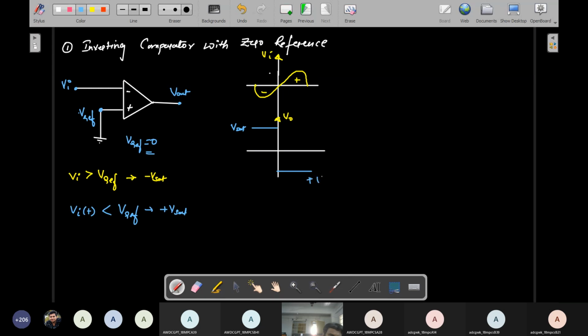Whatever positive peak you give, it goes to the positive terminal only, but due to the positive terminal and negative terminal arrangement, the positive values are always much greater than the reference voltage. So if it is in the negative condition, it will be negative saturation. Positive means it is positive saturation. Understand? So this is the positive value.